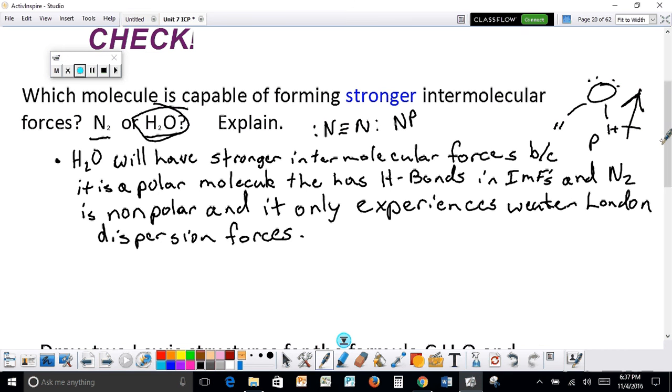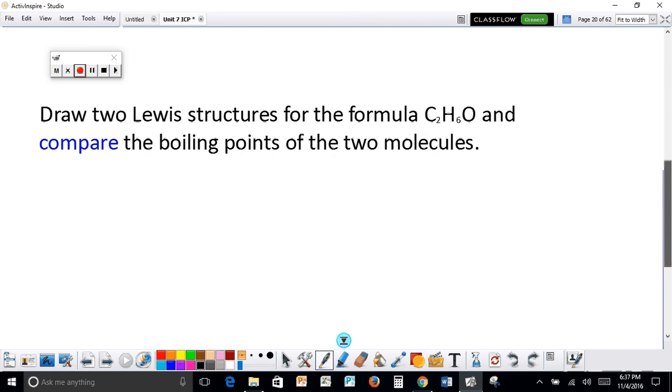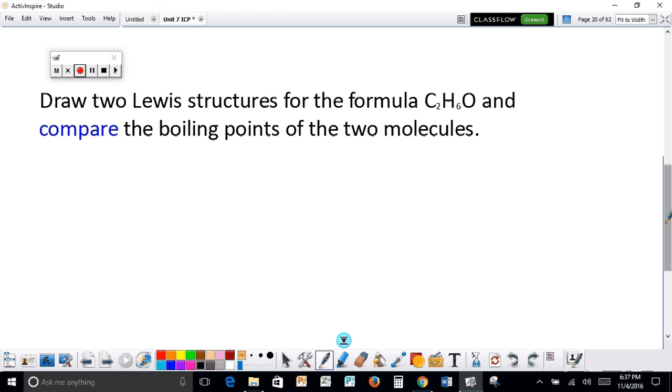All right, so let's look at the second part of this question, or the second question here. Draw two Lewis structures for the formula C2H6O. All right, so you need to recall what an isomer is for this. Remember that an isomer is something that has the same chemical formula but completely different structures. So we would have these two structures for this C2H6O. So